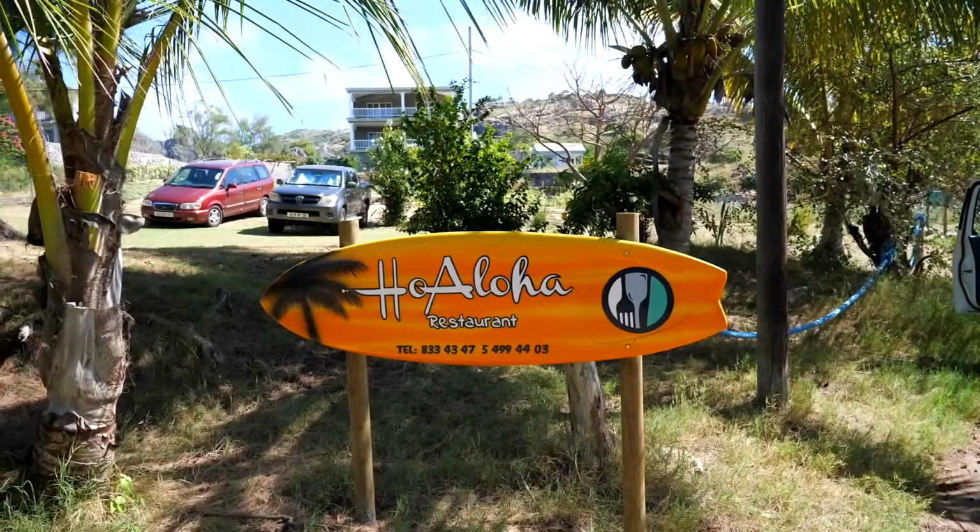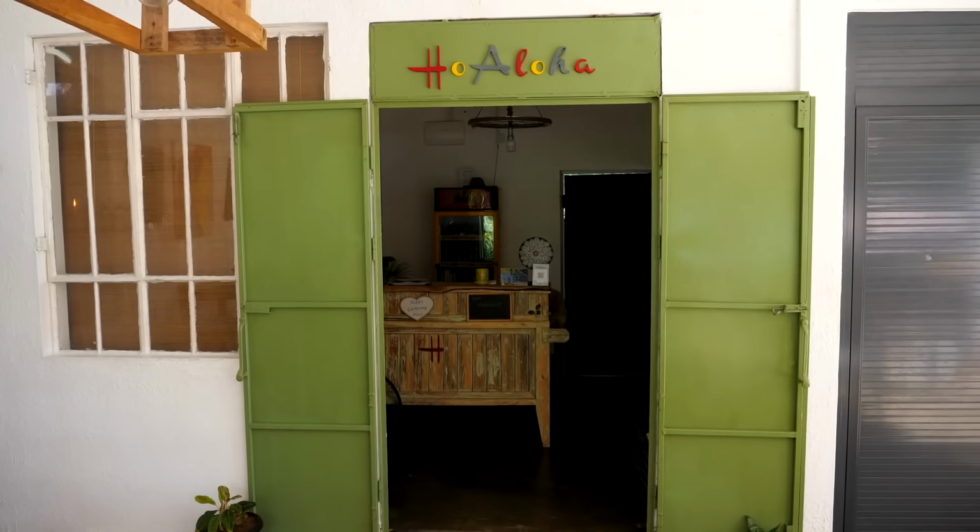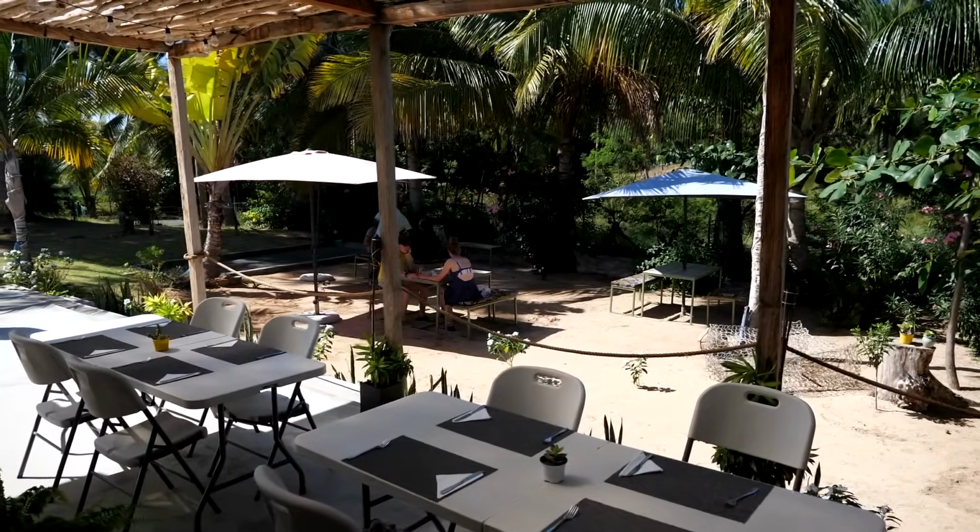It was probably about a 20-minute hike. If you want to hike to the further beaches, there were 2 more bays. I'd say 45 minutes there, 45 minutes back. But we are now in Ho Aloha in St. Francois Bay. It's basically a 2-minute walk back to our hotel, and we're essentially in someone's back garden having some